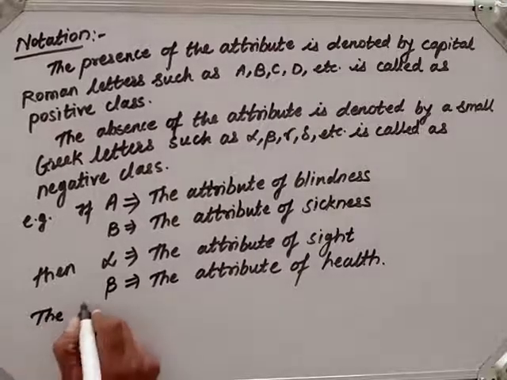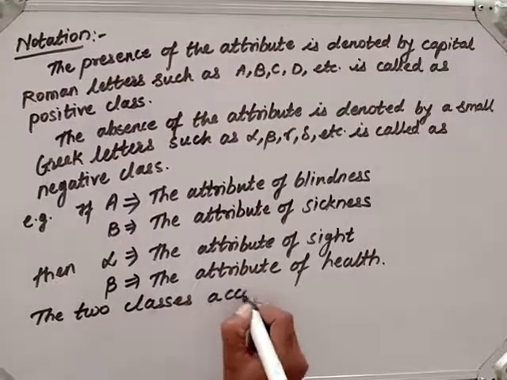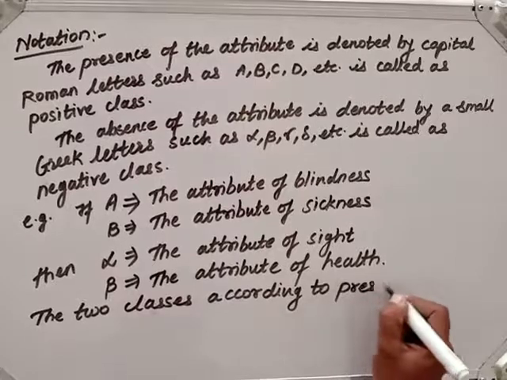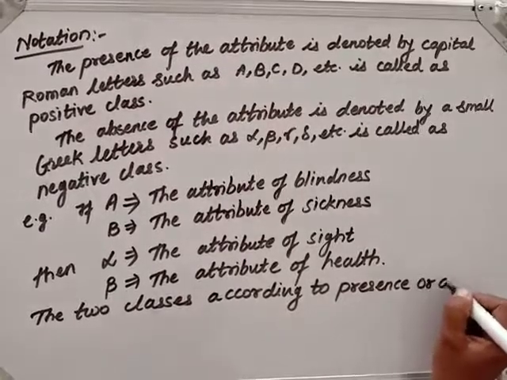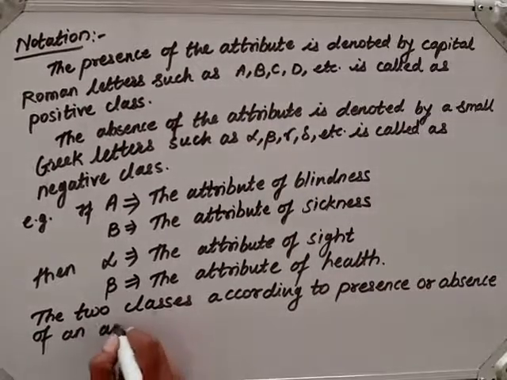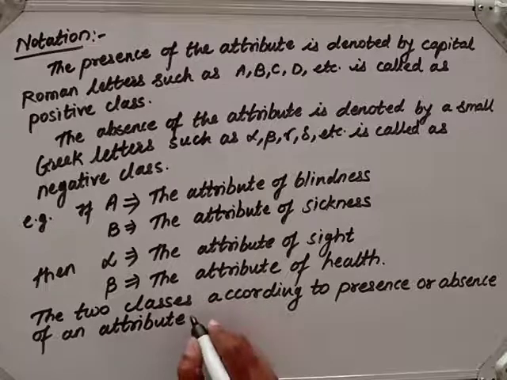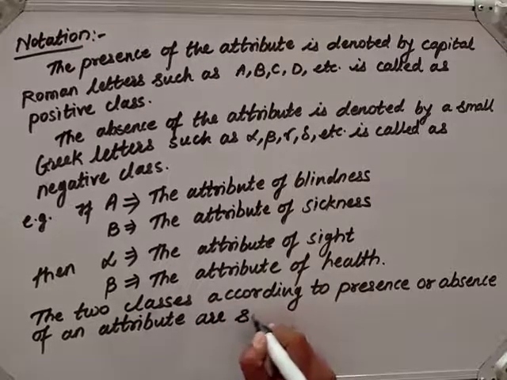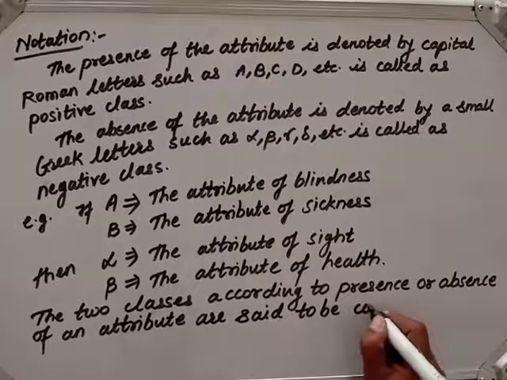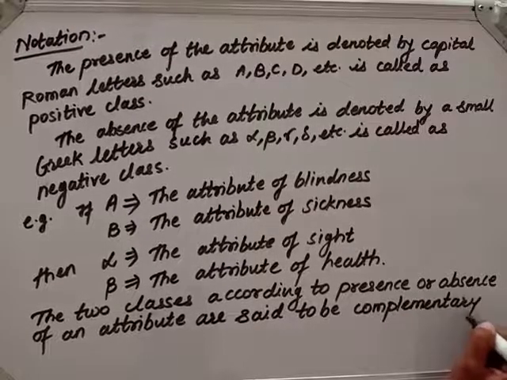The two classes according to presence or absence of an attribute are said to be complementary classes,